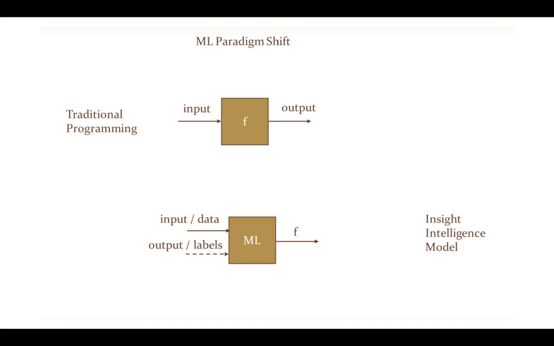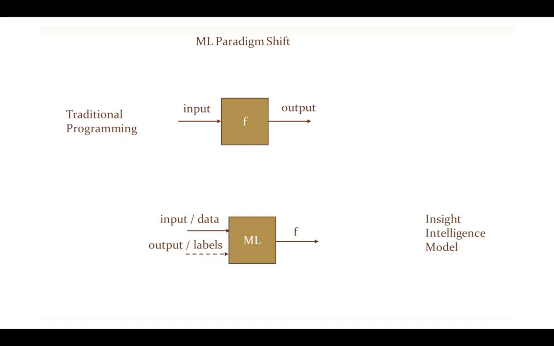For example, a function which operates only on integers, you give it a float, it will error out or it will crash or whatever. So that is traditional programming. As opposed to traditional programming, in machine learning, you have an input again, same as traditional programming, which in the machine learning world is called data, or data set. Now it may or may not have output.